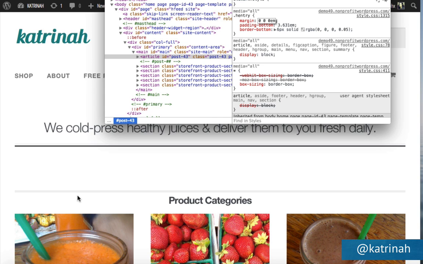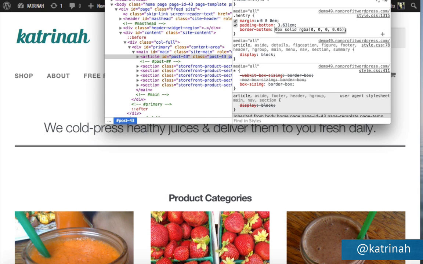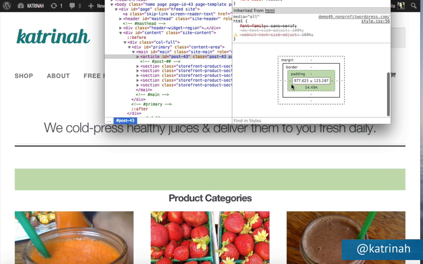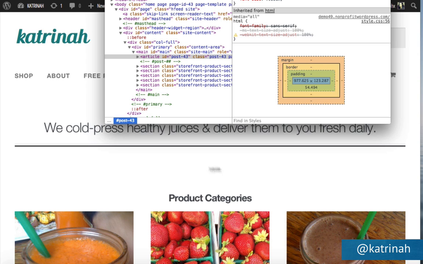Also note that there's this border now that goes right on top of product categories, so I want to remove that as well. So here it says border bottom is 6 pixels. I'm going to make that 0 pixels to remove that altogether. And finally, we still have the padding bottom happening right here, 3 EMs, and we see when I scroll down that's about 54 pixels. So if I remove that, it's going to remove a little bit more space in between the title and the product categories.